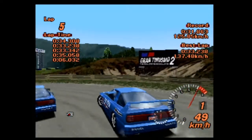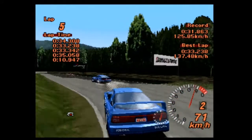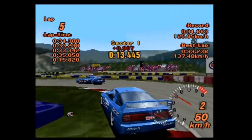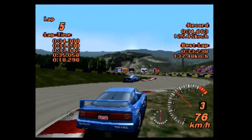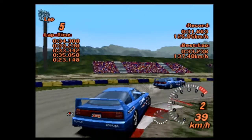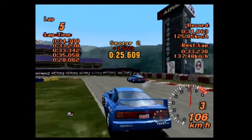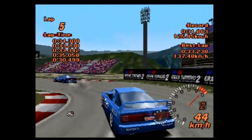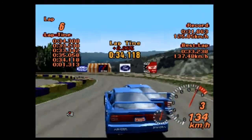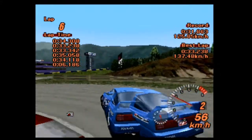The reason I'm doing that is just because the Japanese to other car ratio in this game is pretty astounding. I think it's like 3-to-1, you know, with Japanese cars. And, well, we got a lot of Japanese cars to get through, so I figured from now on, the way I build these sets are probably going to be majority Japanese. I would try to fit some more domestic cars in there. We've still got plenty of European and American cars to get through,